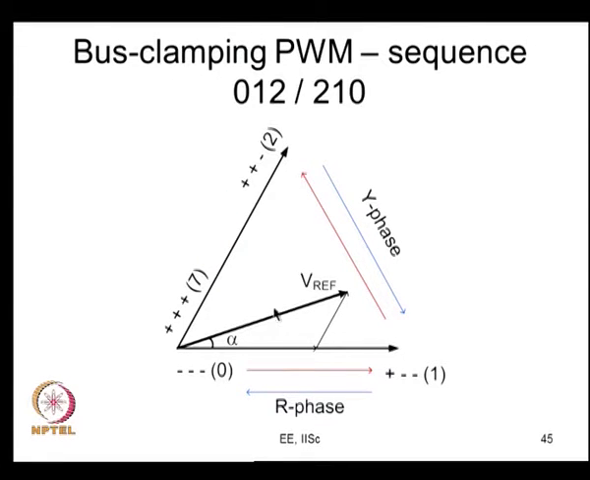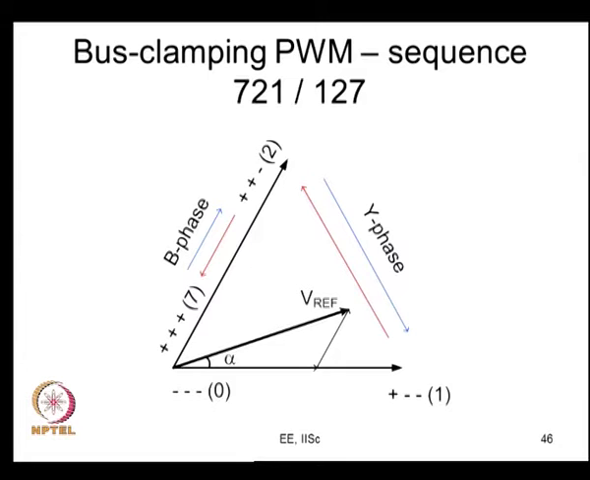So, in the bus clamping, you are avoiding this B phase switching, which is what I mentioned before. So, you can now look at whether it is advantageous or disadvantageous. If by clamping B phase, B phase is carrying a high amount of current, this could actually be an advantage. Now, here I have shown 721 127. You are switching like this, which is another bus clamping